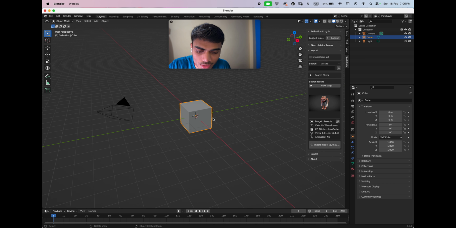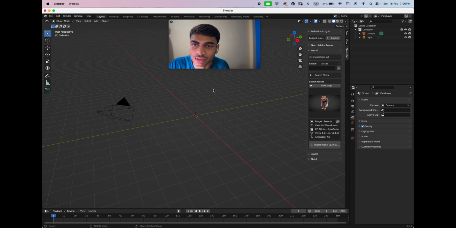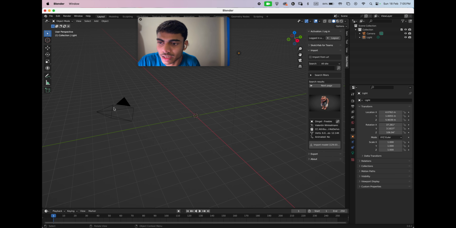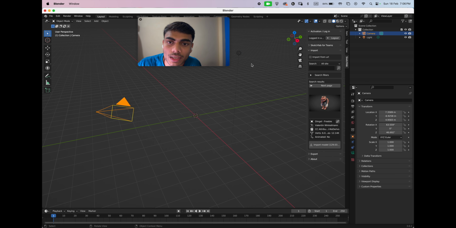First of all, I'm going to delete this cube by selecting it and then clicking on X on the keyboard. Then a delete pop-up will appear and I'll click on delete. Now this is a light, this is a camera. I always use environment for light instead of manually creating the light. I usually create manual light when necessary, but most of the time it's not necessary and I can easily tweak